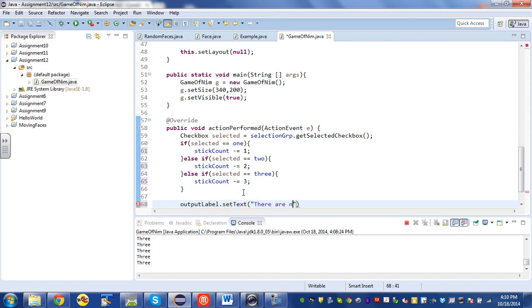There are now stick count sticks left. Okay, so what's going to happen here? If we play it,